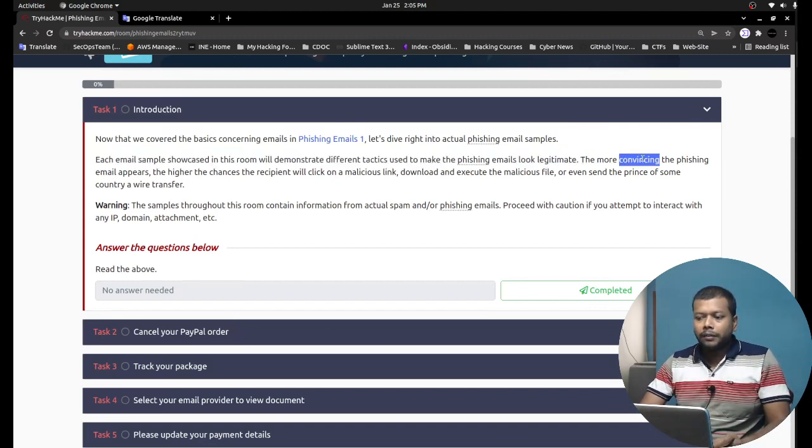The more convincing the phishing email appears, the higher the chances the recipient will click on a malicious link, download and execute a malicious file, or even send a wire transfer. Warning: